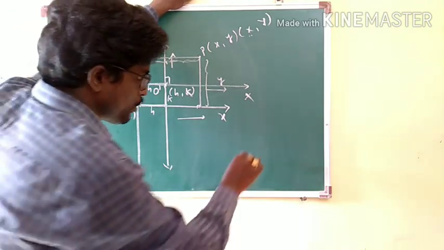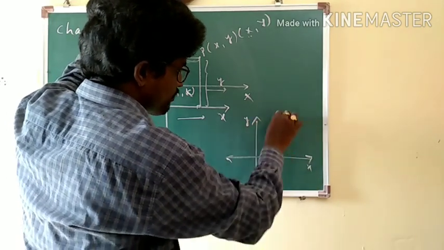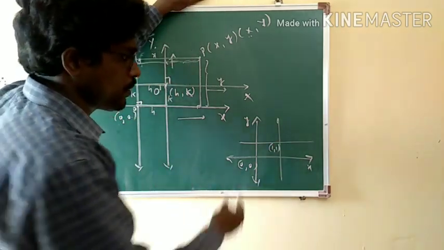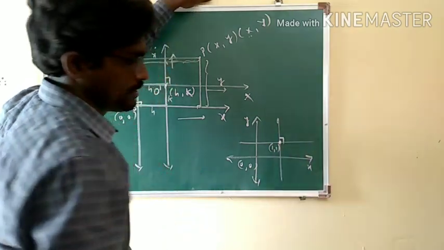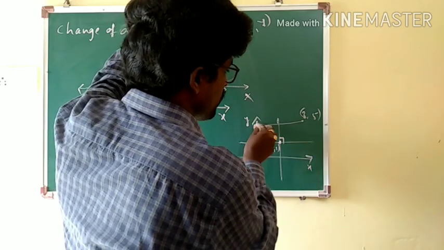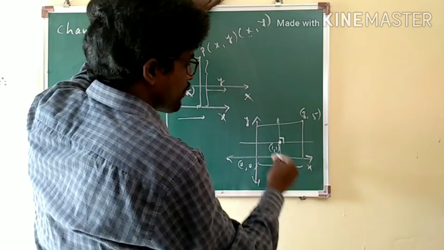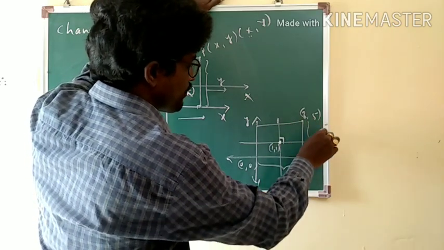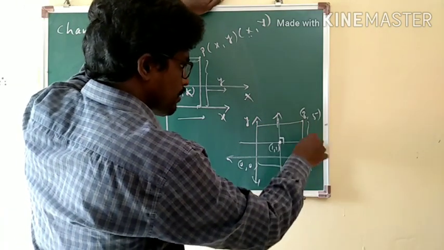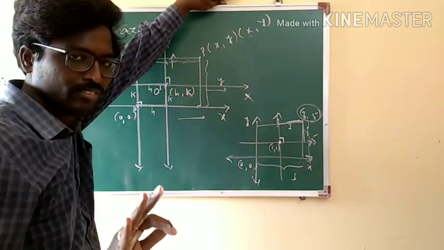I am telling you a small example. Suppose this is the old axis x, y, and the origin is shifted from (0, 0) to (1, 1). This is the new origin. I am taking some point (3, 5) with respect to the old x axis and y axis. As this is 3 units away and this is 5 units away from the x and y axes, definitely with respect to the new axis there will be a change in this coordinate. This won't be 3 units away and 5 units away from the new axis.